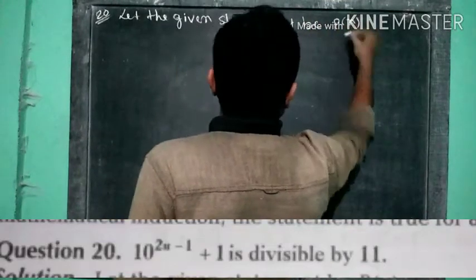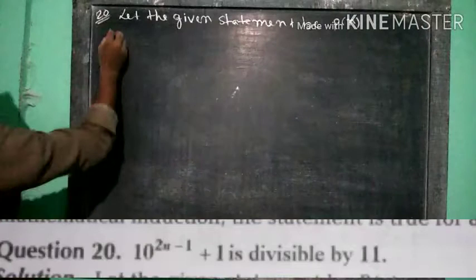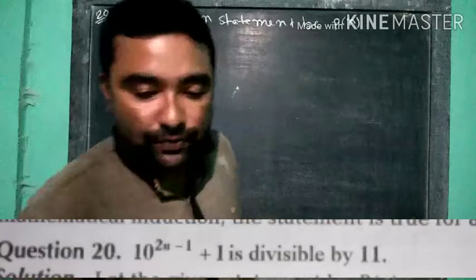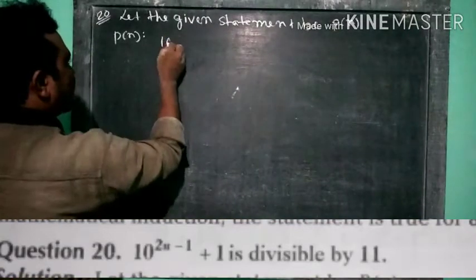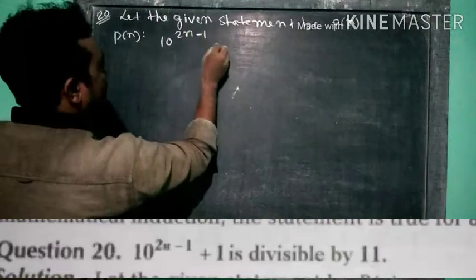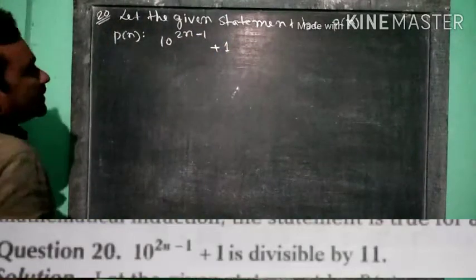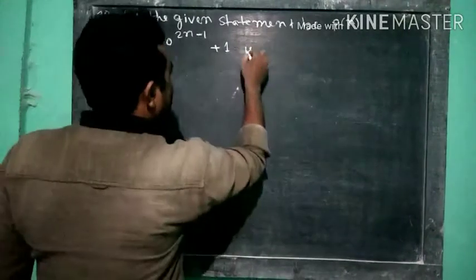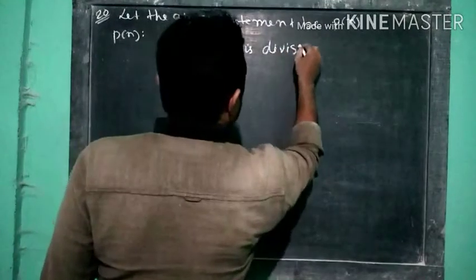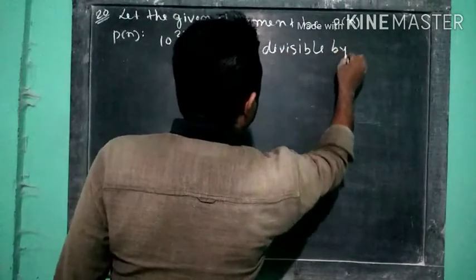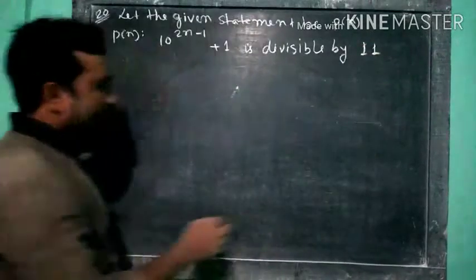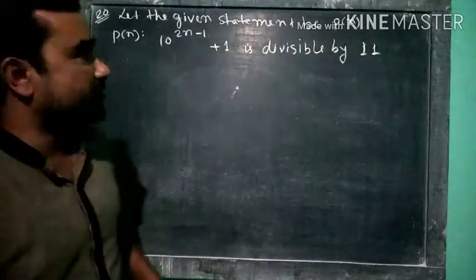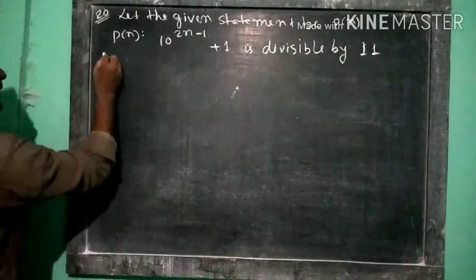P of n. Okay, I have called the statement P of n. So the statement is 10 to the power 2n minus 1 plus 1, this is the given statement: 10 to the power 2n minus 1 plus 1 is divisible by 11. We have to prove that this expression is divisible by 11. Very simple, for n equal to 1